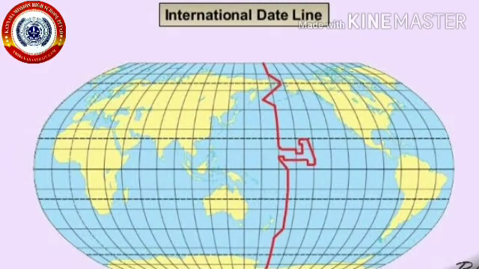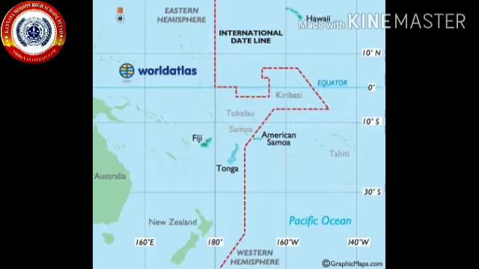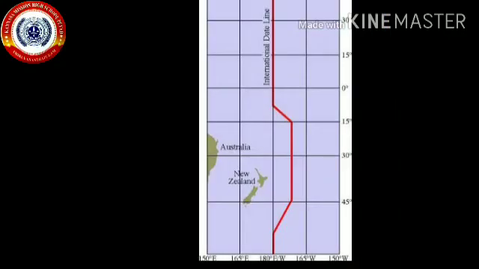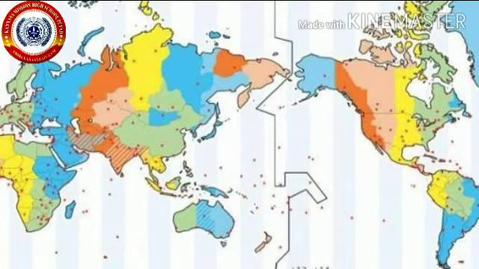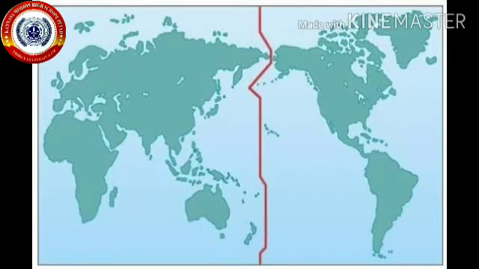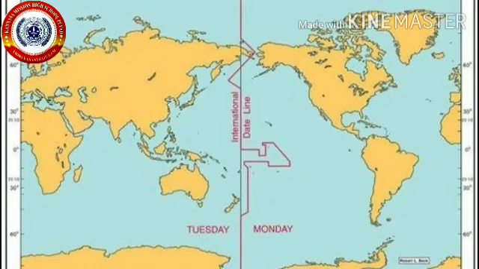Shall we check what is the importance of the International Dateline? Yes. The International Dateline is an imaginary line on the surface of the Earth in the mid-Pacific Ocean near 180 degree longitude. The International Dateline is important in calculating the time and date of locations to its right and left. One side of the International Dateline is ahead of the other side by an exact 24 hours. So, if the east side has the date 1st January, the west part will have 31st December.